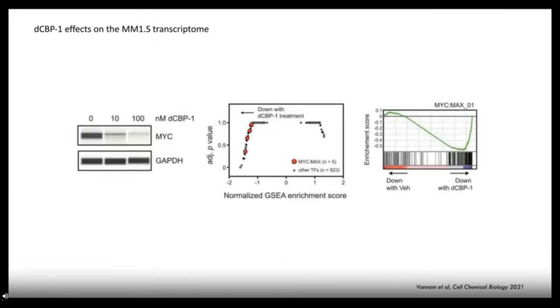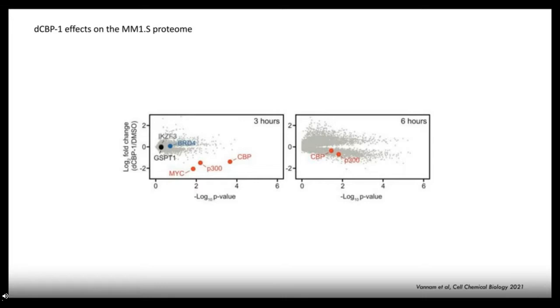You can see at the protein level, MYC is potently downregulated within 6 hours of treatment. We look at gene response signatures by gene set enrichment analysis, and we can see that the MYC signature is the most affected gene signature at the transcript level with DCBP1 treatment. When we look at the proteome level, after 3 hours of treatment, DCBP1, we can see specific downregulation of the target, CBP and P300, and also the transcriptional target, MYC. We don't see significant downregulation at the protein level, again, of BRD4, IKZF1 and IKZF3, which are the targets of pomalidomide and lenalidomide, binding to cereblon in multiple myeloma cells, or also the known off-target